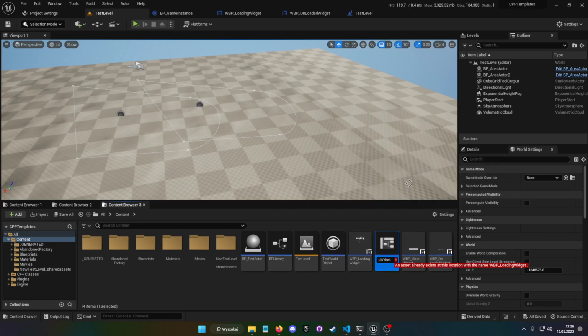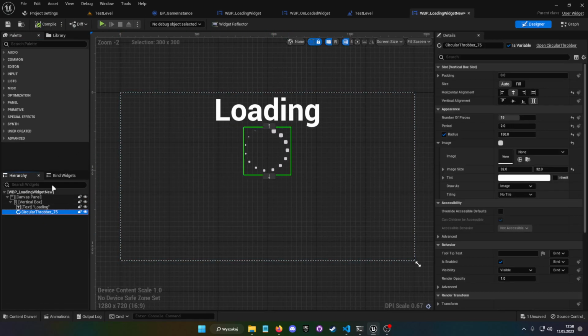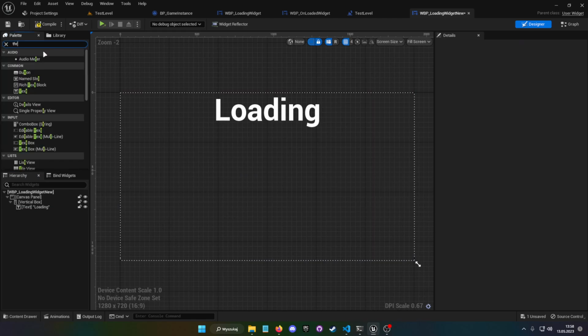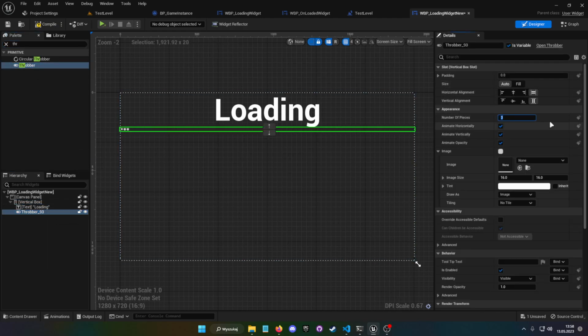Control D, loading widget new. And here we're gonna switch a circular throbber with a normal throbber. Let's do 15, like this. Okay, should be good.